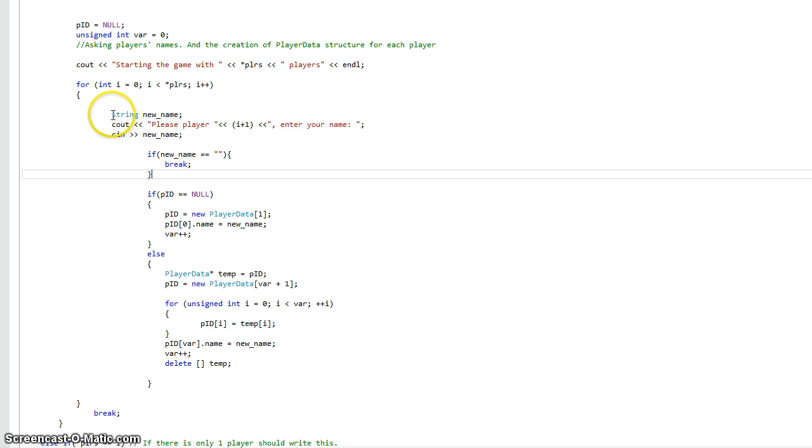Simple. Create a string new name, and we ask the name of i. Enter a name. There comes the name, and if new name is empty, then we break, and we don't do anything. Asking again,